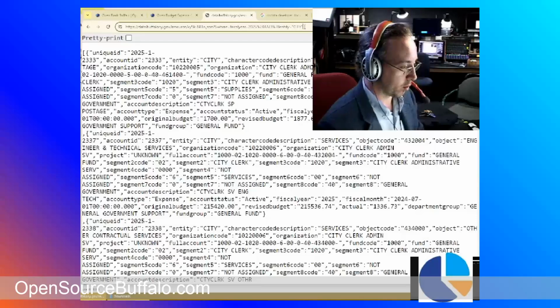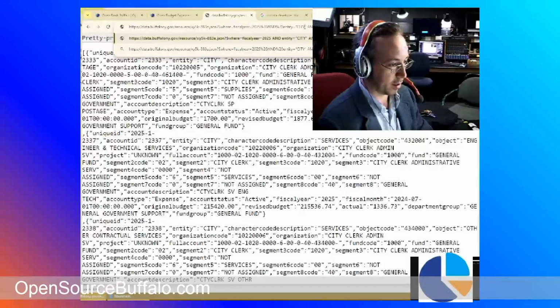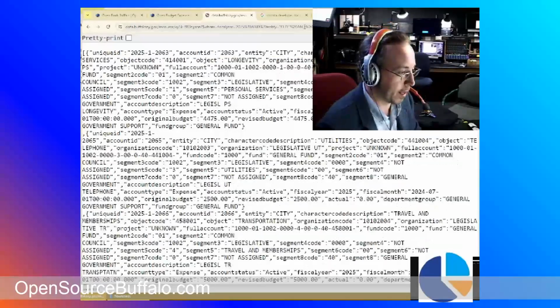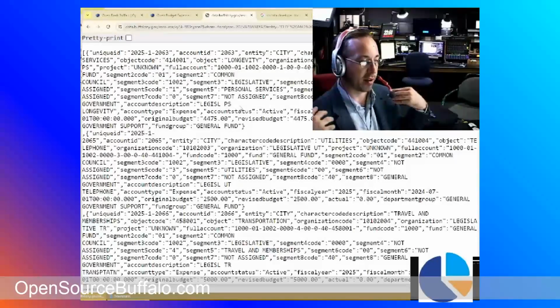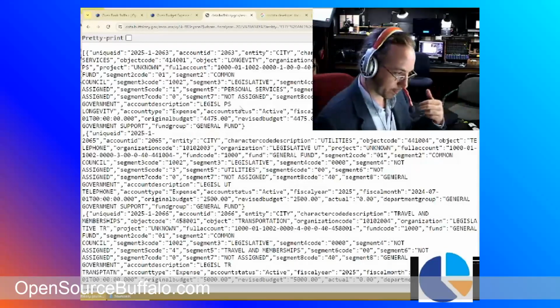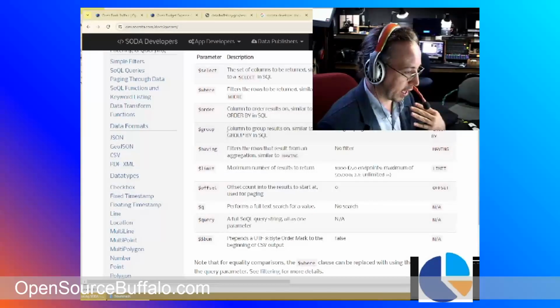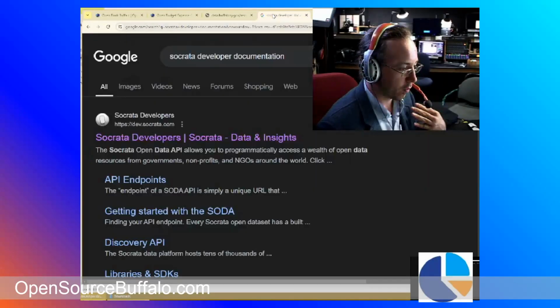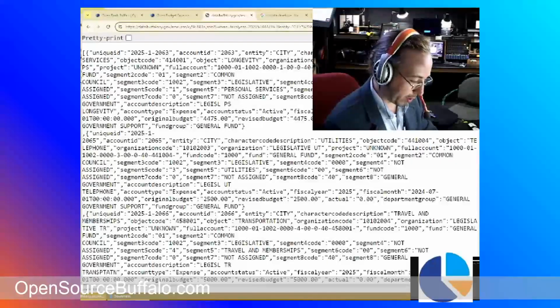Also, we can do where the fund group equals general fund, all caps, and enter. And this is now returning data where the fiscal year is 2025, the entity is the city, and the fund group is the general fund. So right now we're filtering the data, but we can also use a query select statement. We can go in here and append an and,